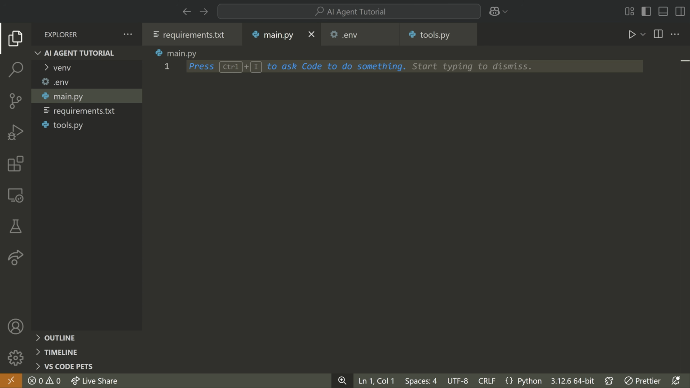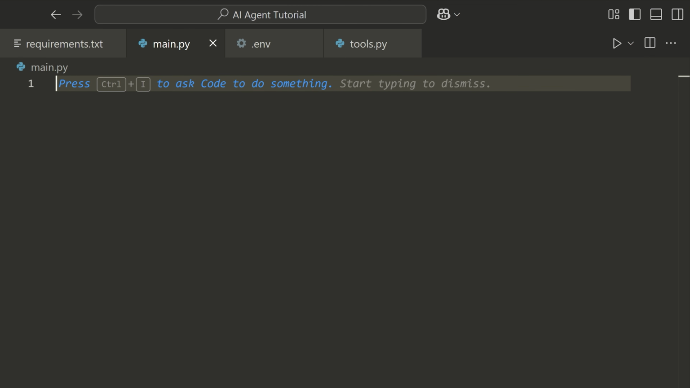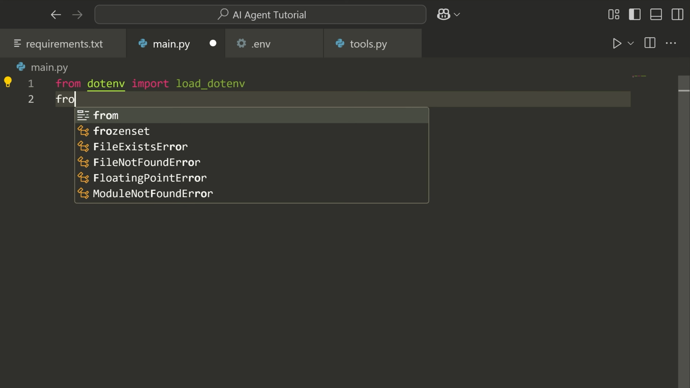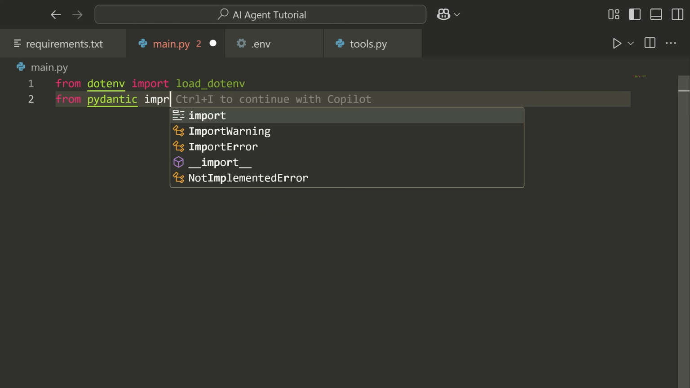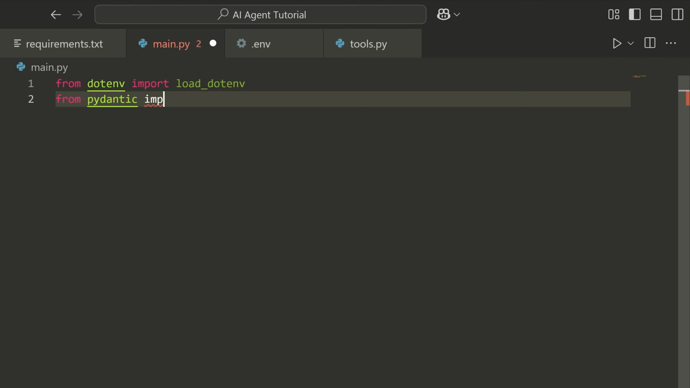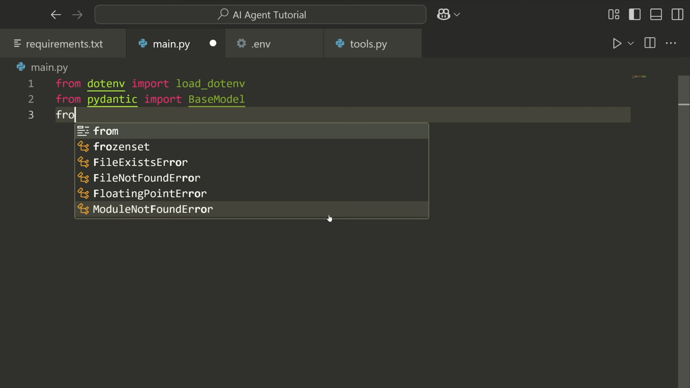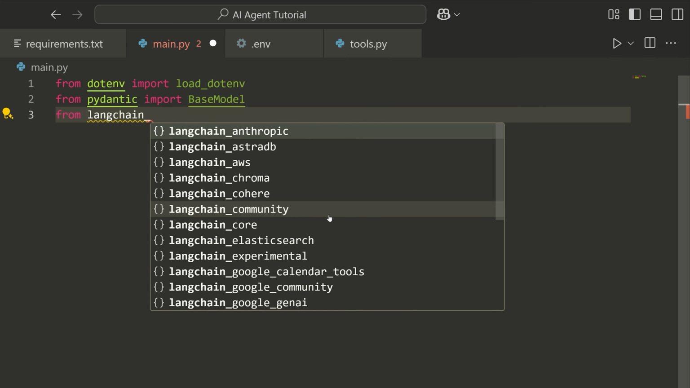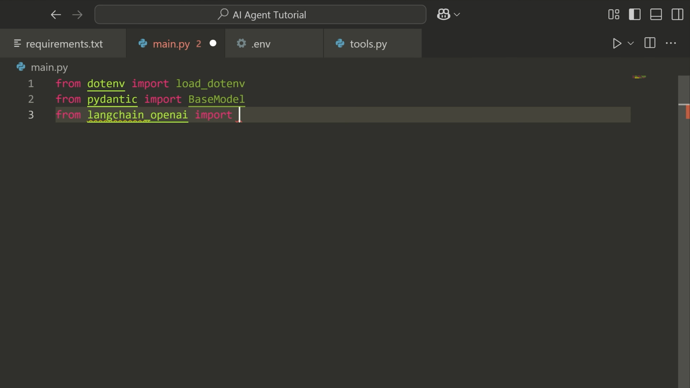We're going to run the agent and then we'll start adding all of the tooling functionality. So to begin, we're going to start importing some things that we need. We're first going to say from dotenv import load_dotenv. We're then going to say from pydantic import BaseModel. We're then going to say from langchain_openai import